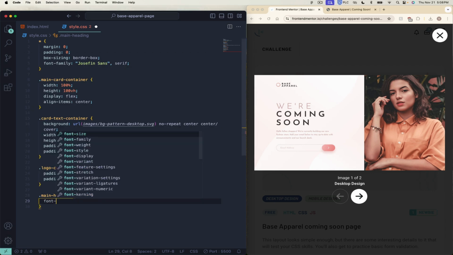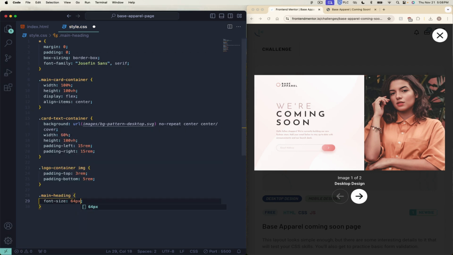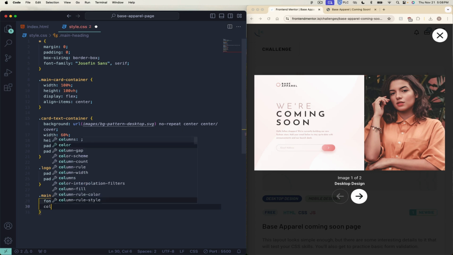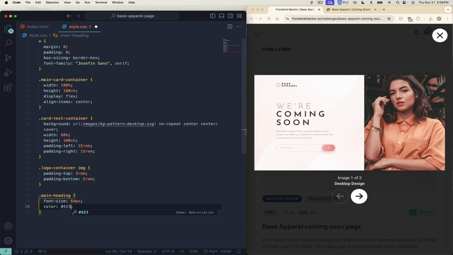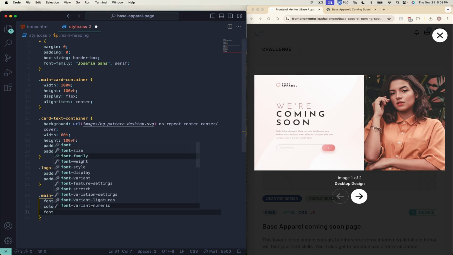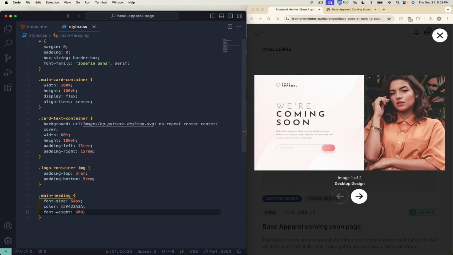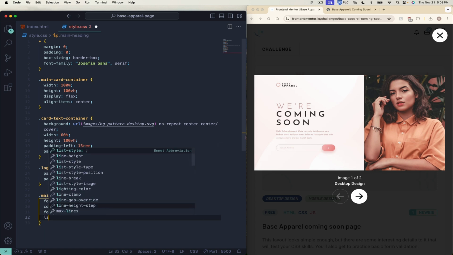So let's go font size, 64 pixels. And then we have our color. And the color is kind of like a blackish color, so we're going to use a hex code, hashtag 423A3A. It's kind of like a black color. Okay. And then we're going to use font weight 600, so it's a little bolder. And then our line height is going to be